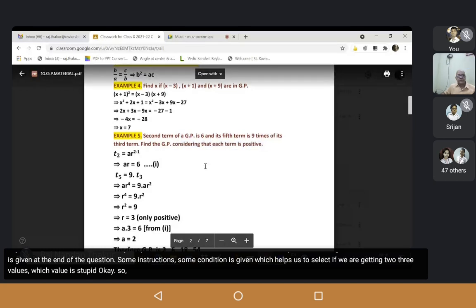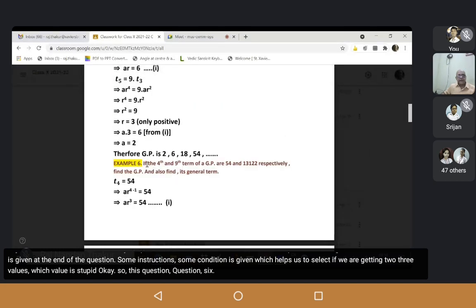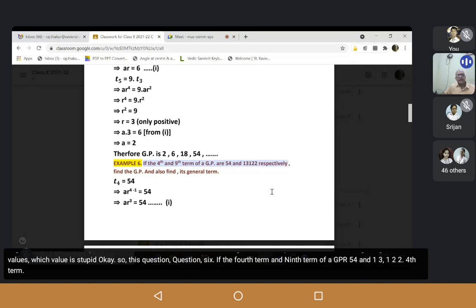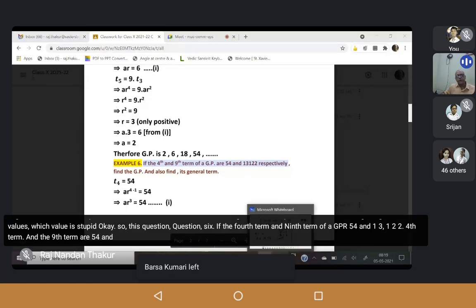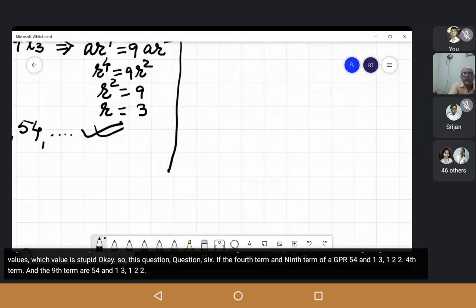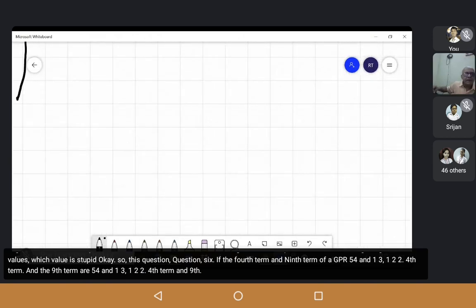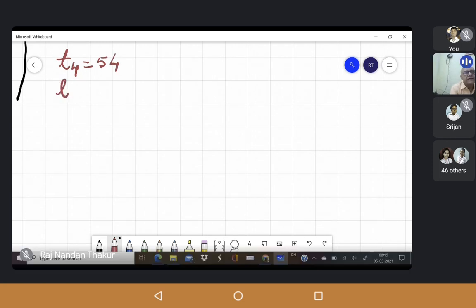So this question 6. If the 4th term and the 9th term of a GP are 54 and 13122. Fourth term and ninth term. Say fourth term is 54. Ninth term